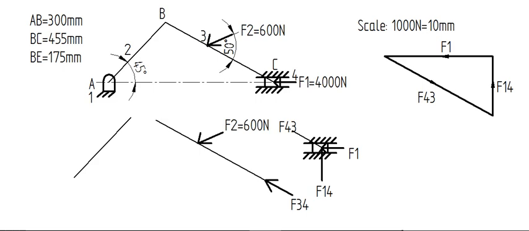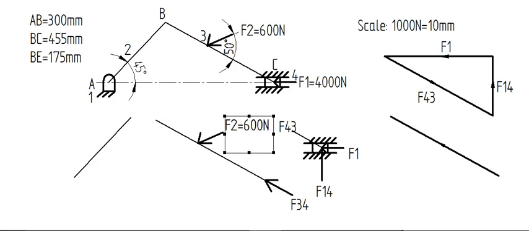So the same line we will be taking here, because F43 and F34 will be nothing but the same. So you have to draw a line now with this direction. So here this will be F34 in this direction, so the value will be equal to the same value of F43, so it is 4521 newtons. Okay, so by measurement I am getting 4521 newtons, and then this is 600 newtons.